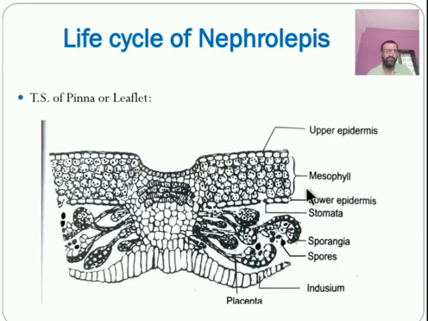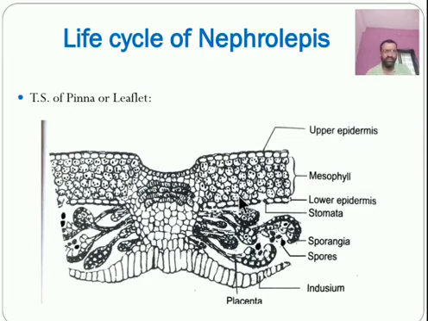Further, these are the mesophyll cells, and it consists of spongy tissue containing one type of cell, and therefore the pinna is said to be an isobilateral structure, because all the cells are the same. However, the upper spongy tissue is more compact than the lower one. It also shows the vein ending in the form of a group of tracheids below the hydathode.